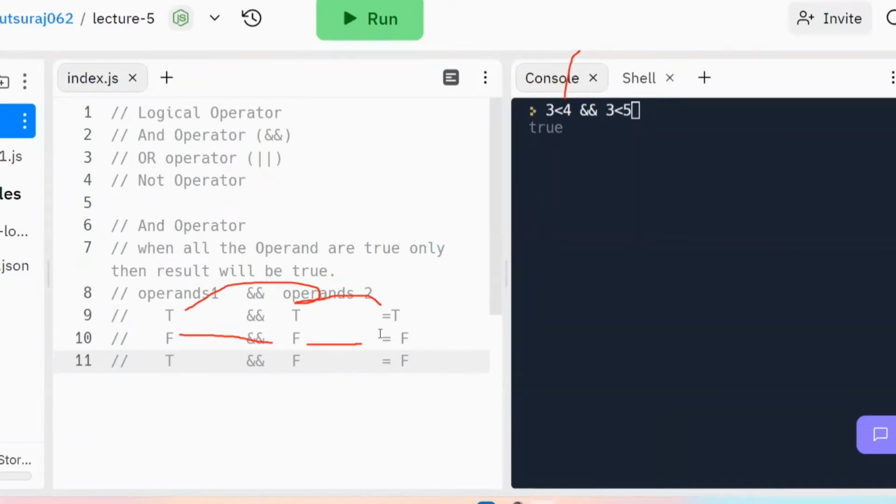This will give you false, because this says that when both the operands are true, then I will give you the true output, otherwise I will give you false. Okay, now we have one more statement here: if we have false and after that we have true, then this will give you the output